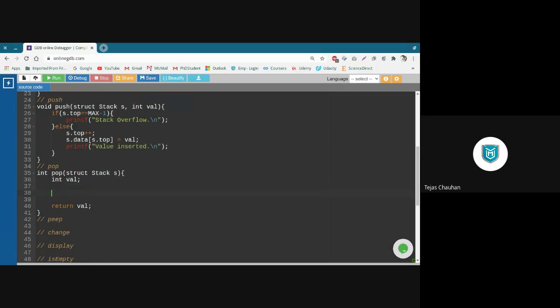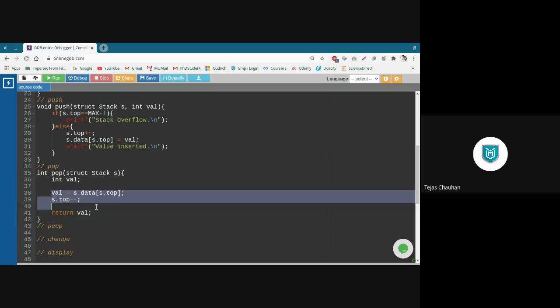I can get that value from my data array's top position. And once I get that value, don't forget to decrease your top. Now this data is a member of your stack, top is also a member of your stack. So s.top, s.data. So from your stack, you take the topmost value, then you decrease your top and you return that value. So the popped value has been returned.